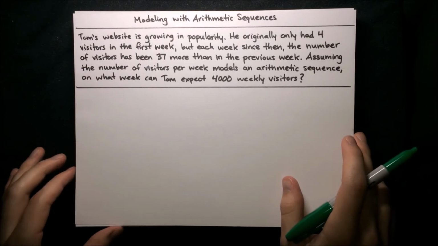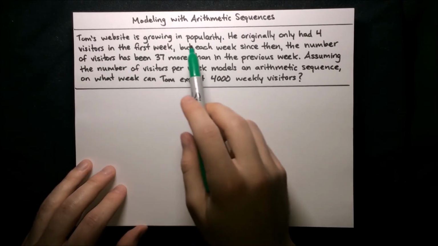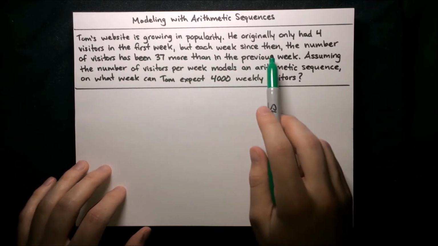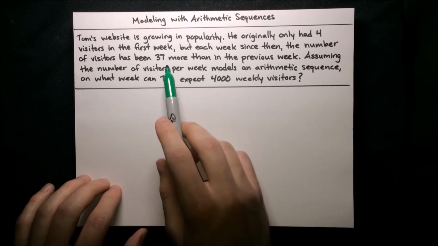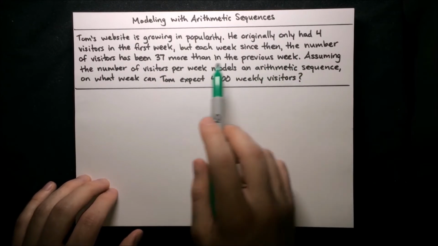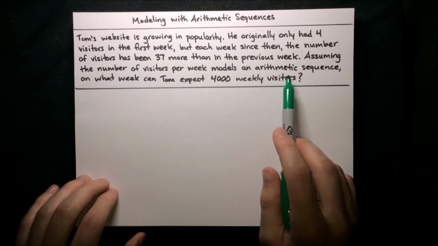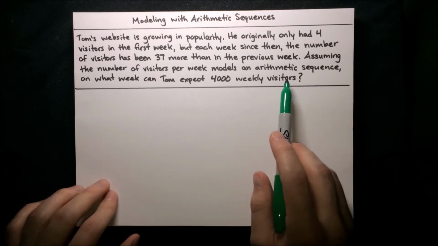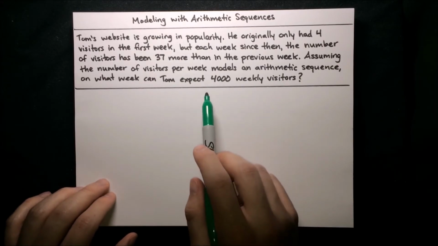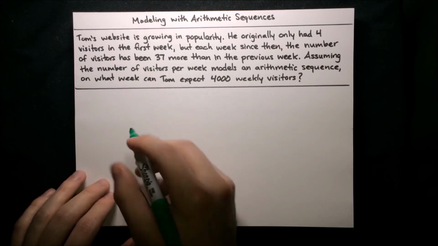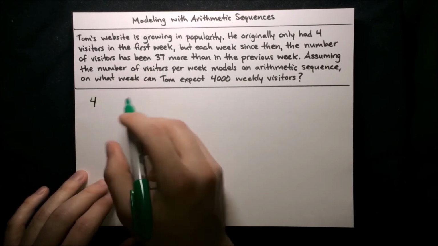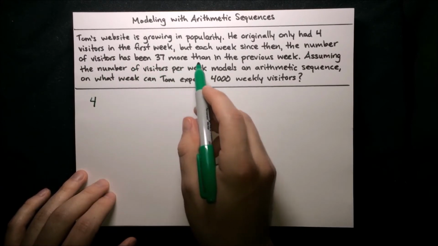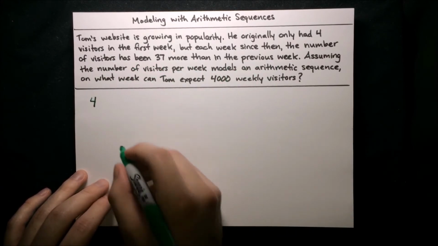Alright, here's the next problem. Tom's website is growing in popularity. He originally had 4 visitors in the first week, but each week since then, the number of visitors has been 37 more than in the previous week. Assuming the number of visitors per week models an arithmetic sequence, on what week can Tom expect 4,000 weekly visitors? So he originally had 4 visitors in the first week. Let's write that down. 4, and then each week since then, the number of visitors has been 37 more than the previous week. So week 1